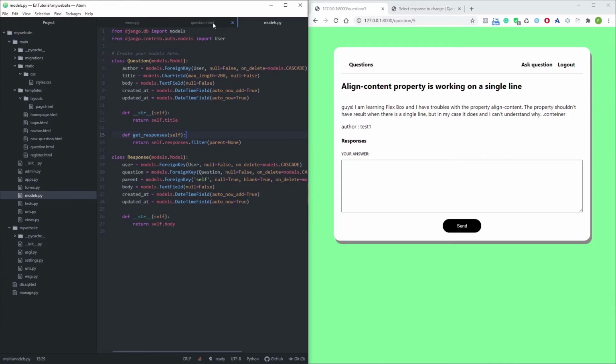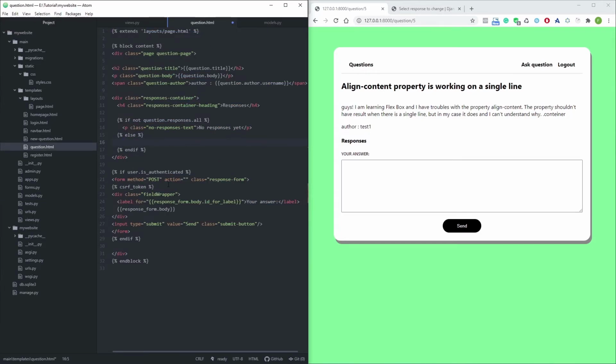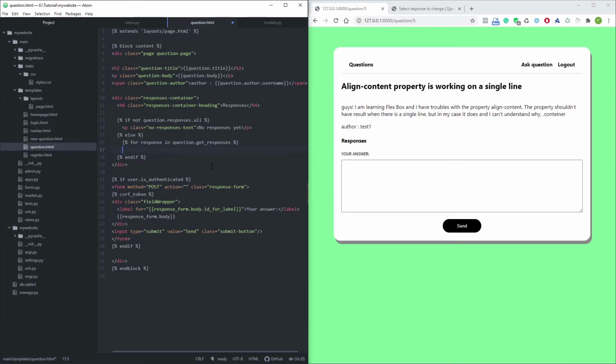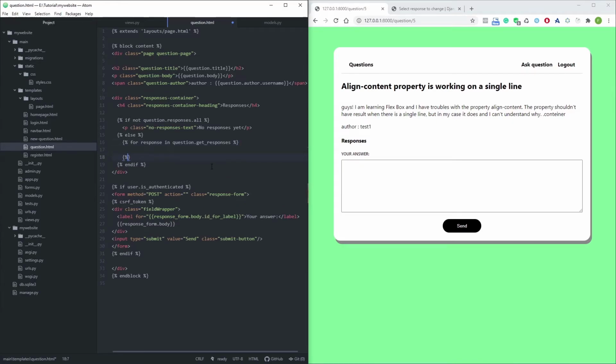So I'm gonna save this. I want to come back here in the question template and basically use a for loop for this. So use for response. Okay, this is a new variable that we create. We use question, and here we use the new function get responses. So we use and for, okay,